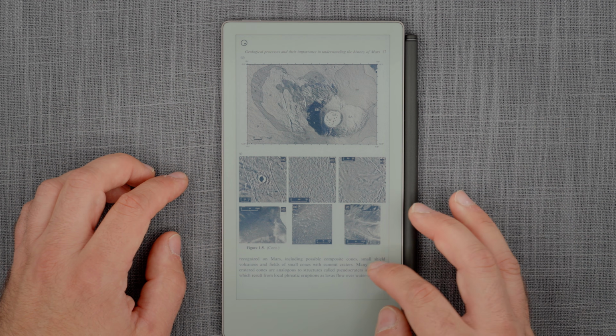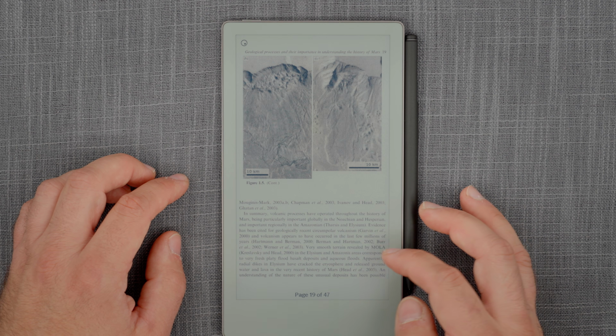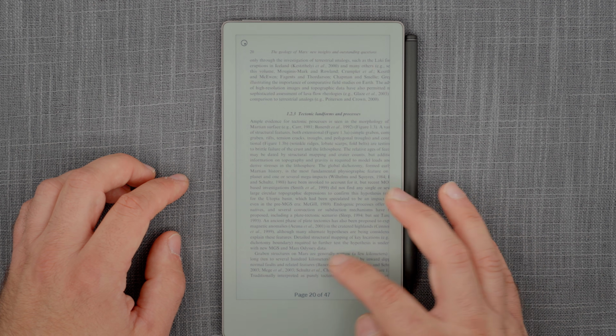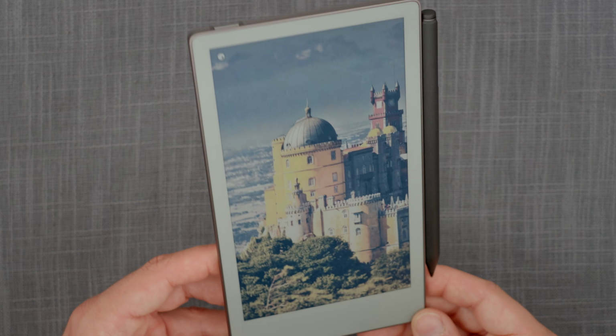If you mostly use EPUBs, then you won't have that problem because you will be able to rescale the fonts, but you will also need to wait a considerable amount of time for the EPUB resizing because the EPUB software on Remarkable is trash, and it has been for 7 years without a semblance of willingness from Remarkable to actually address that in one way or another. It can actually function as a picture frame as well, quite nicely,